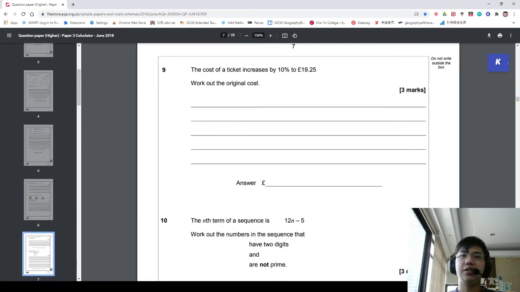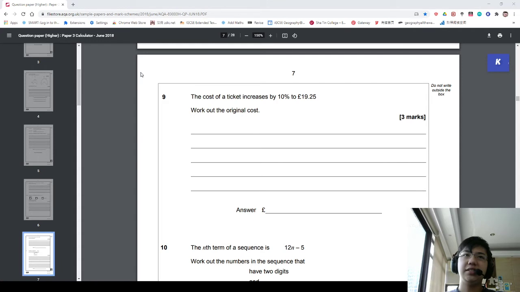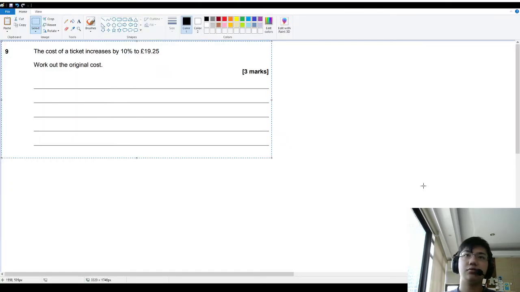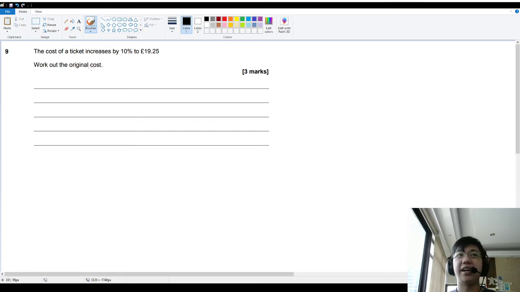Moving on to question 9. The cost of a ticket increases by 10% to £19.25. Work out the original cost. So for this question, first of all we need to show the examiner that we understand what we are doing. So we know that